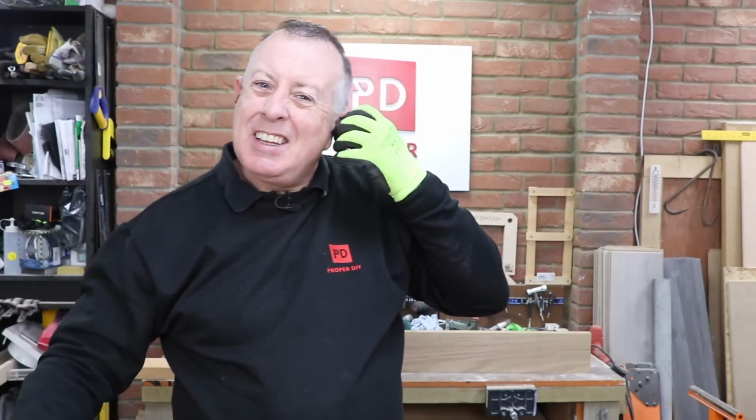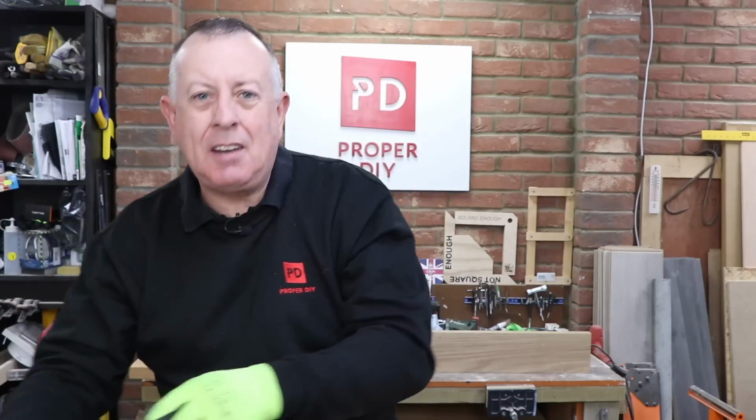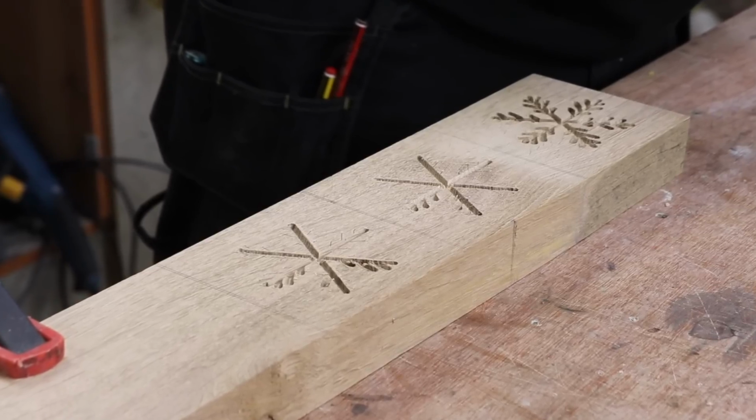So you'll notice that I've changed my approach to this slightly, in that I'm now not cutting these into individual sections, which gives the router more bearing surface to work off rather than working on individual blocks. The only thing you have to remember is when you're marking them out, if you want them square, just add in the thickness of the kerf of the blade in between each one, else you'll gradually get a bit